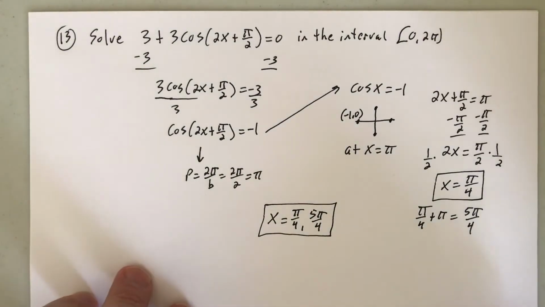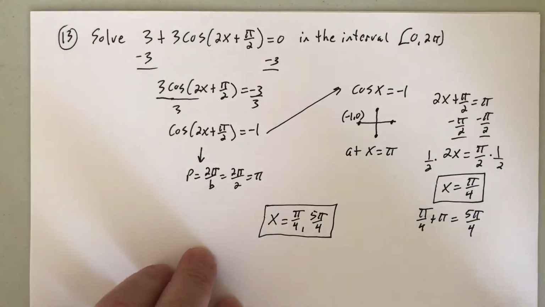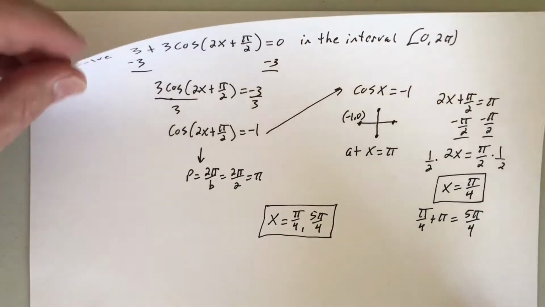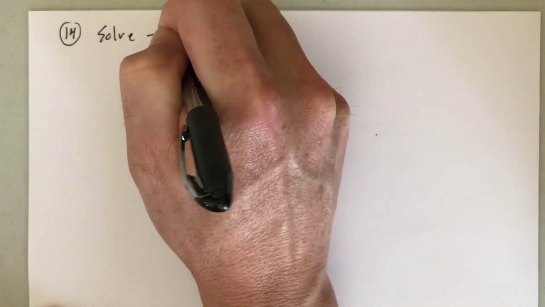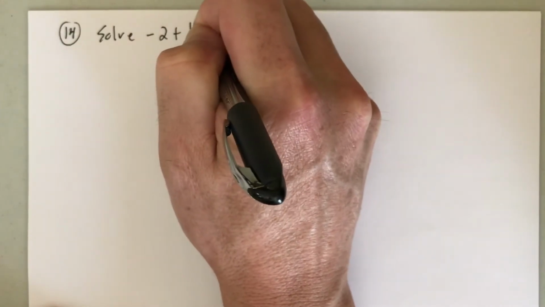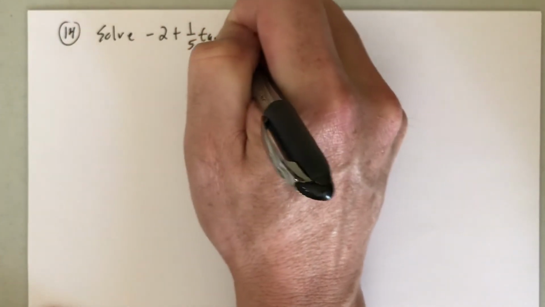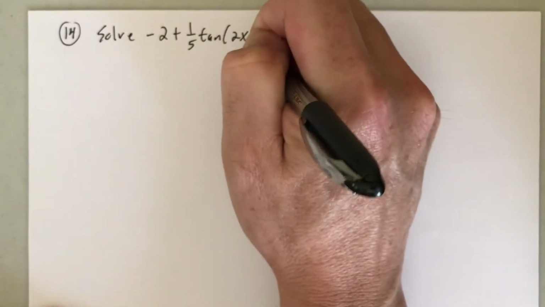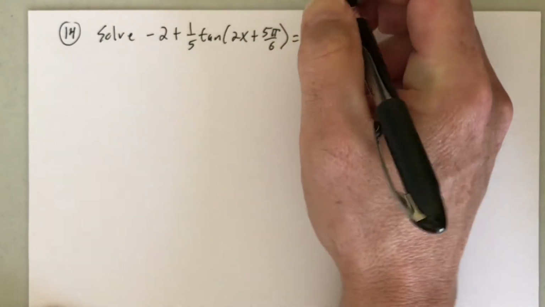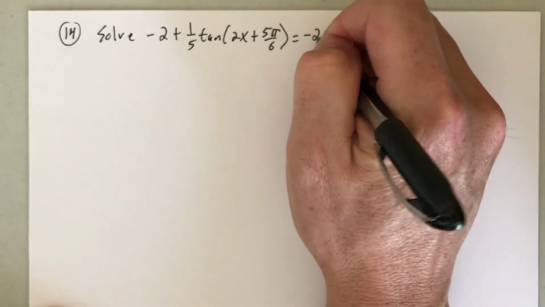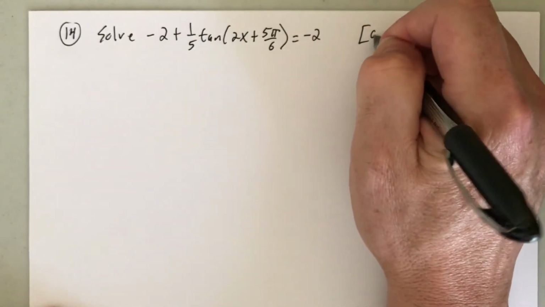So let's go ahead and look at another problem. I'm just going to flip the paper here so I have enough room. So this is number 14. So we want to solve negative 2 plus 1/5 tan (2x plus 5 pi over 6) is equal to negative 2, and we're going to do the interval from